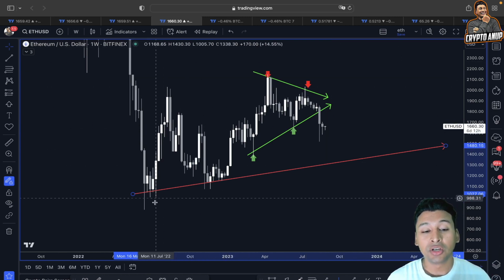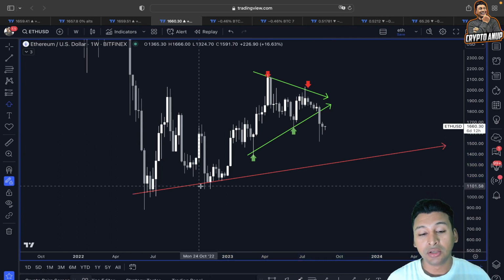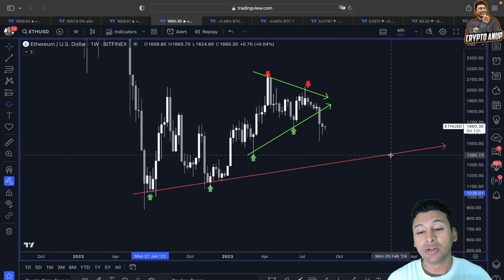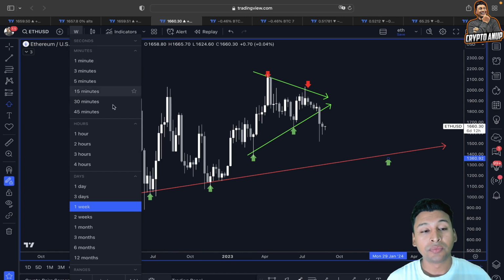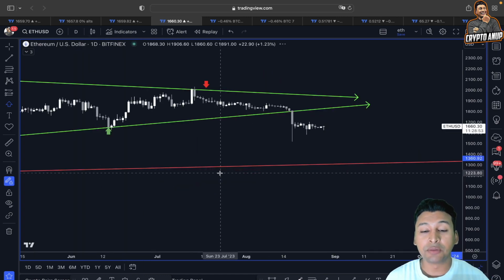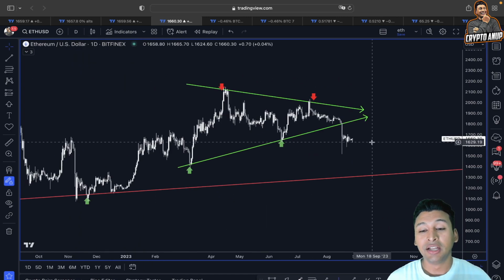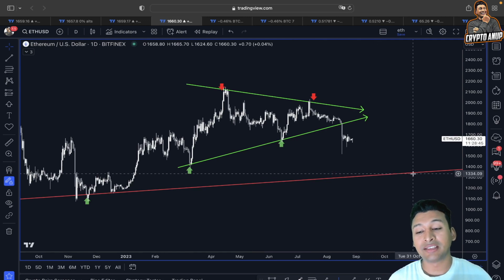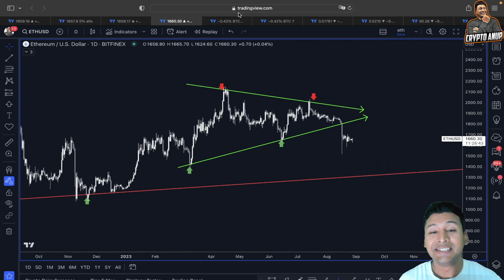Because if the price continues this downtrend, then you can see this lower trend line, which previously acted as a support, might be attracting the price. So if you flip that into the daily time frame, this lower trend line will be looked at as our upcoming target in a daily time frame.